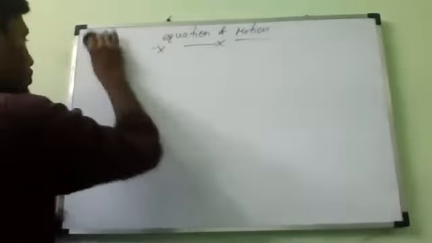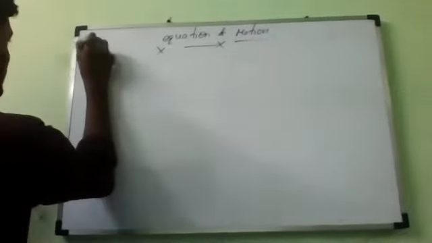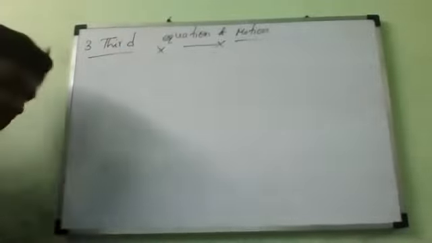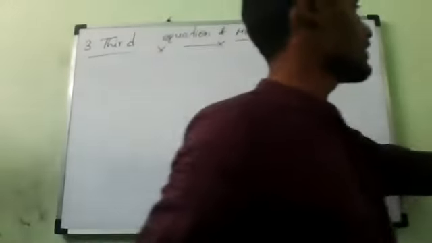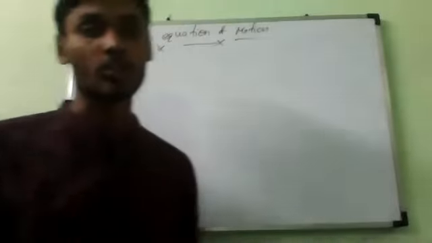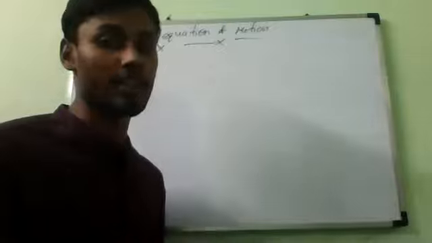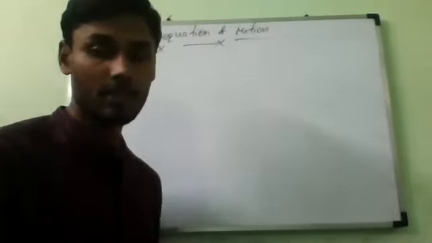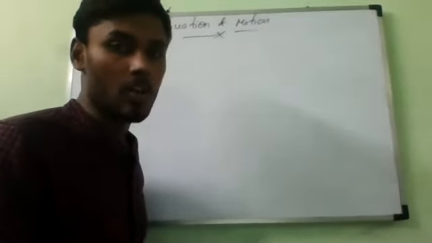So now the second is over. Who will be the next? The last equation is called the third equation of motion. Yes or no? Yes, sir. See, the third one is very simple. It is the toughest one, but actually it is very simple. It is usually derived with the help of the first two equations. With the help of the first equation we derived the second one. Now with the second and first we are going to derive the third equation.